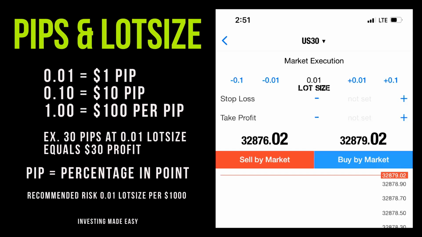So we have 1.0, okay? 1.0 lot size is $100 per pip. Can somebody tell me in the chat? Let's do some homework. If I have a 1.0 lot size, and 1.0 is $100 per pip, if I do a trade tonight and we hit our 30 pip target, how much profit is that at a 1.0 lot size? Can somebody tell me how much profit that is in the chat? If we do 30 pips at a 1.0 lot size. Yes, sir, James. Yes, sir, Maribel. Okay, we got it. $3,000. Yes, that is $3,000 a day.